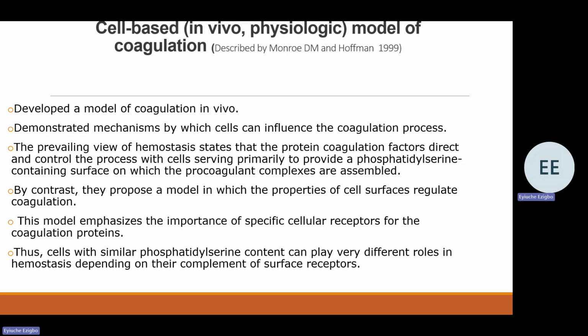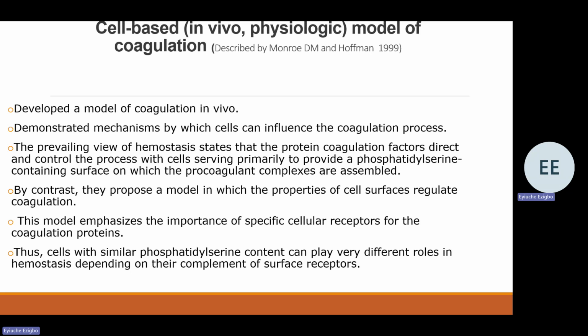cells influence the coagulation process, because earlier on we already had the view in the plasma-based coagulation model that hemostatic proteins, the proteins of coagulation, direct and control the process, with the cells serving primarily to provide the phosphatidylserine-containing surface on which the procoagulant complexes are assembled. By contrast, Monroe and his colleagues proposed a model in which